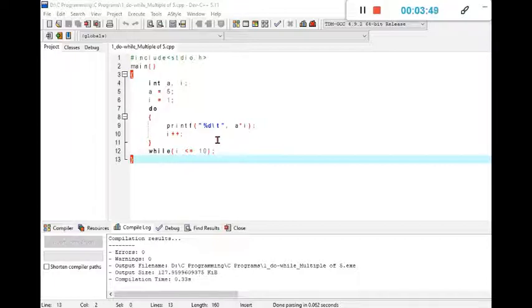The initial value of i is 1. After the first execution, the value of i will be increased by 1. So in the next execution, the value of i is 2. Then it will check whether i is less than or equal to 10.